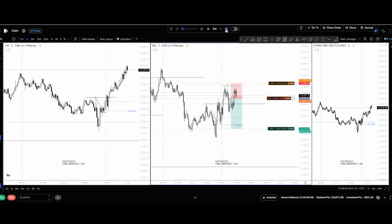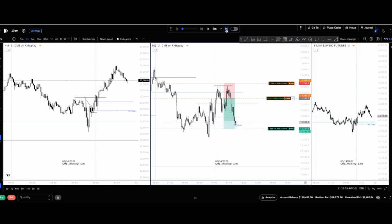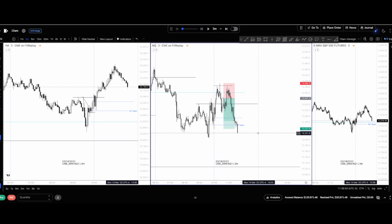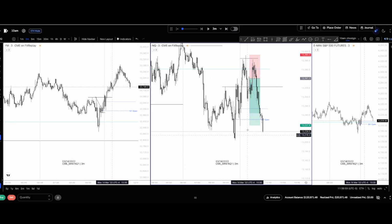Ah, shit, we're getting stopped. Or maybe not. That's crazy. I thought we were done for. But that's why we always use what? Proper stop losses, right? That's why we use them, so that way we don't have to worry. Does it hit full TP at